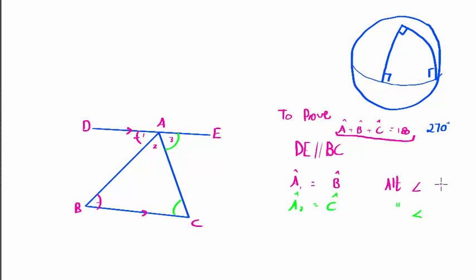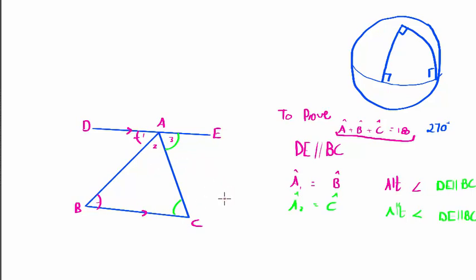Parallel lines. So you say alternate angles and people ask you, why are you using alternate angles? Explain. So you'll say, I'm using alternate angles because DE is parallel to BC. Let me write it out. I'm using alternate angles because DE is parallel to BC. Okay, that's the proof almost. Common angle A2. Okay, so common angle A2, yeah.